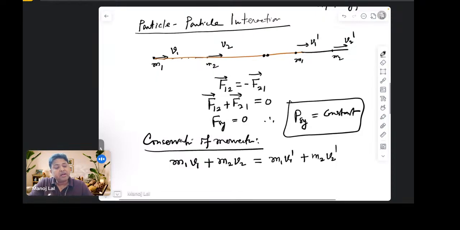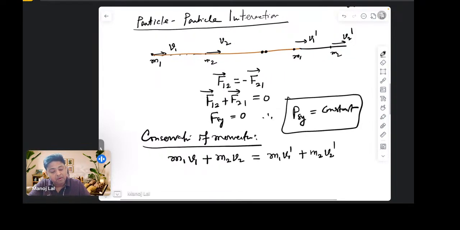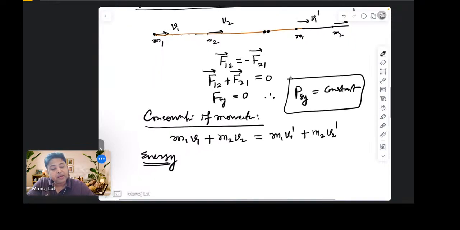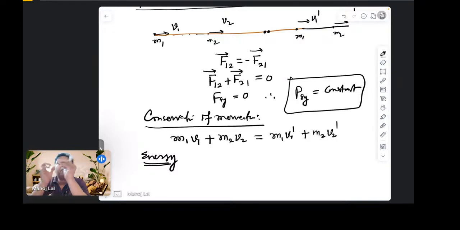Now let us think in terms of energy. How about energy? No doubt, the total energy of the system is always conserved. No doubt. But if I say about the kinetic energy, then you know what happens during collision. We can think a moment will come when both the particles will attain the common velocity, and then some part of kinetic energy is converted into the potential energy, and when they depart, again the potential energy changes to kinetic energy. You can think like that.